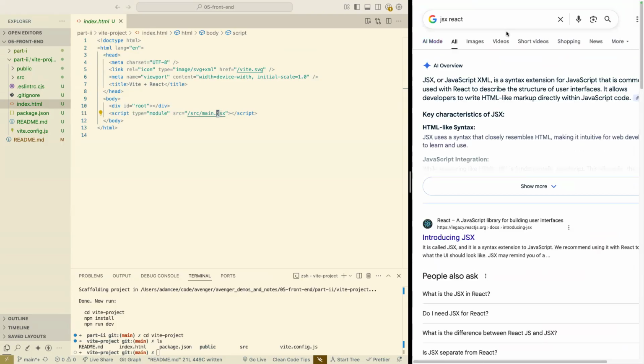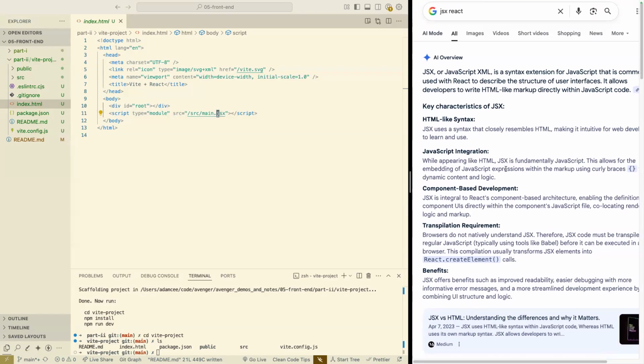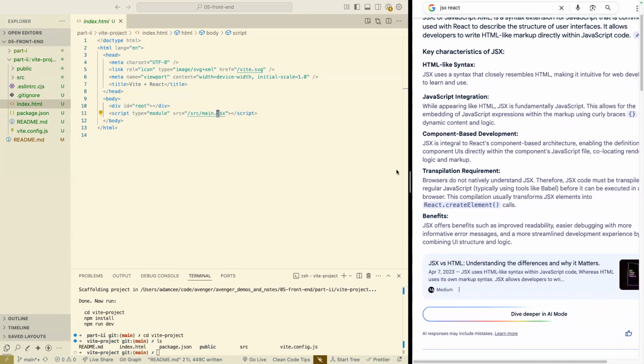JavaScript XML. So it's an acronym with another acronym living inside of it. And this is basically how you use React. And it's a syntax that we can use in JavaScript to let us write HTML, basically, or components. But this is where NPM and all this other stuff comes in,